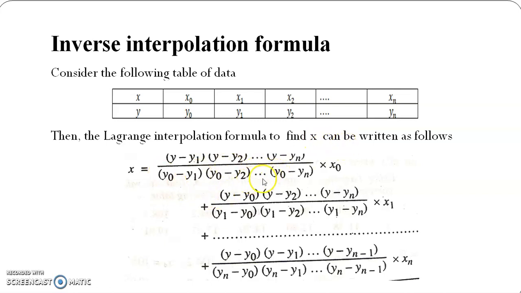So here see, we are going to use x values in here. Put x0, x1 up to xn like this. Okay, the corresponding x0 value here is y0. So leave y0 here and start from y1: y minus y1, y minus y2 up to y minus yn. Now put y equal to y0 here. So we get this term. Similarly for the second one, the corresponding value of x1 is y1. Leave y1 and write like this: y minus y0, y minus y2 up to y minus yn. Similarly put y equal to y1 here, we get like this, and so on up to xn. Okay, right.